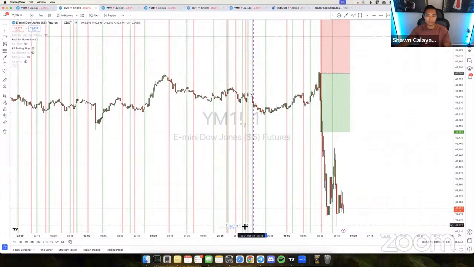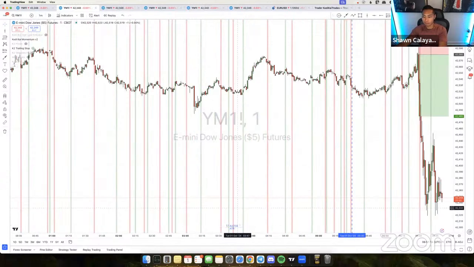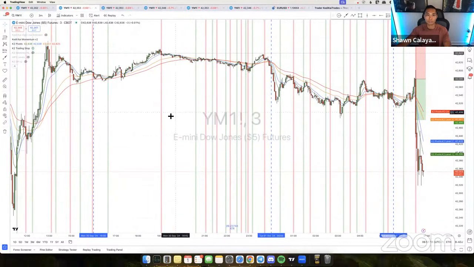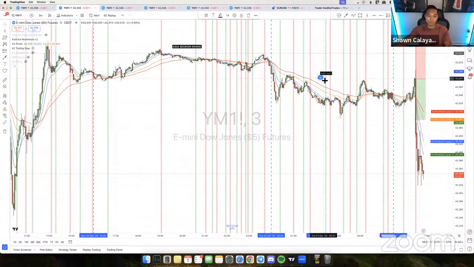Let me check the analysis for Jason. So let's do our normal analysis here. Looking at this, it looks like Asia was in a range. It's kind of tricky again, like yesterday. So Asia session range. I don't think there was expansion here like yesterday. Jason, not sure if you identified that. So this right here, I would consider this London session range